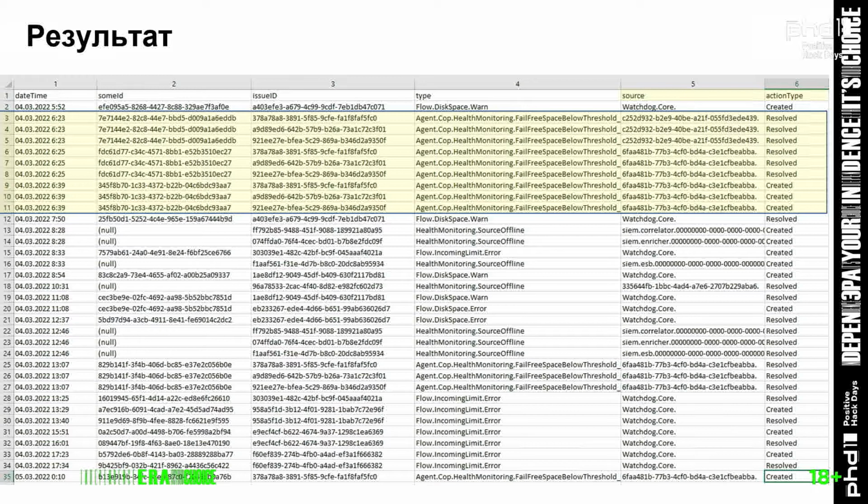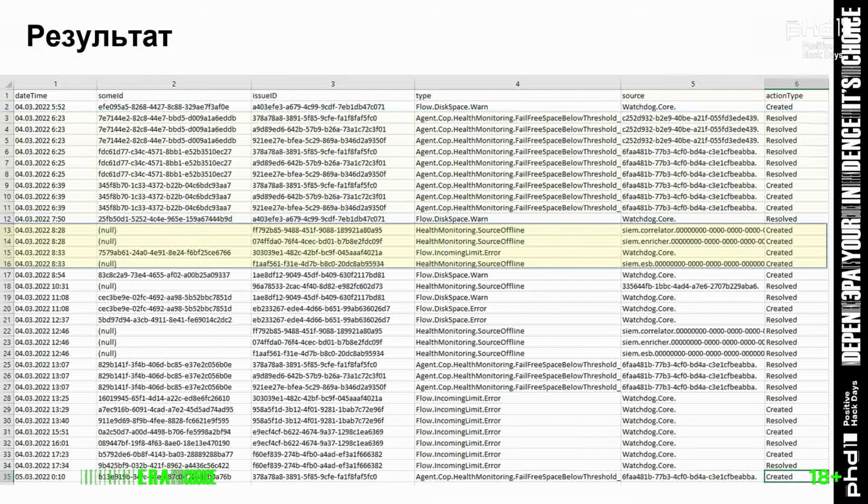Between these messages, there were alerts about some Linux agent. Now, please note that here we're getting 3 alerts per event. And in the source column, we see the ID of the agent. So we see that we have actually 2 Linux agents which experience the same issue. And the action type column shows that it was resolved and then created. And if you track it down, you'll see it was resolved again. At 8:28,